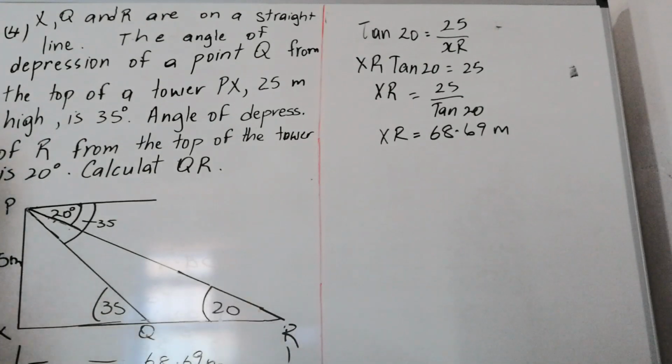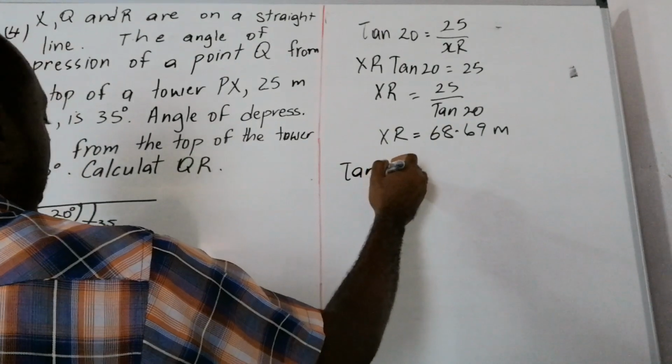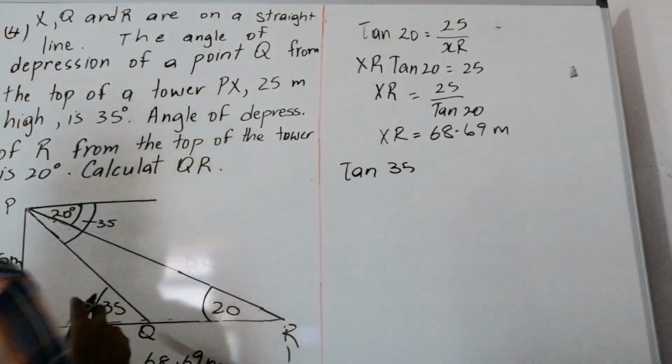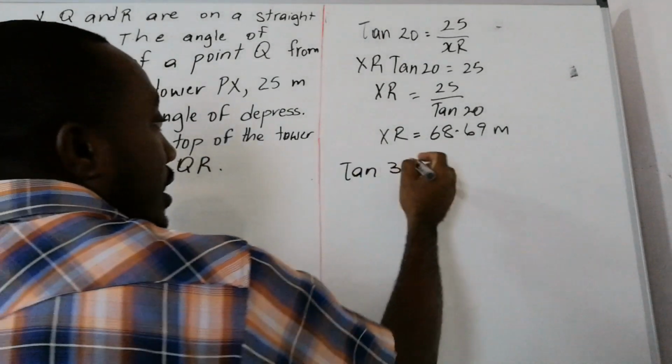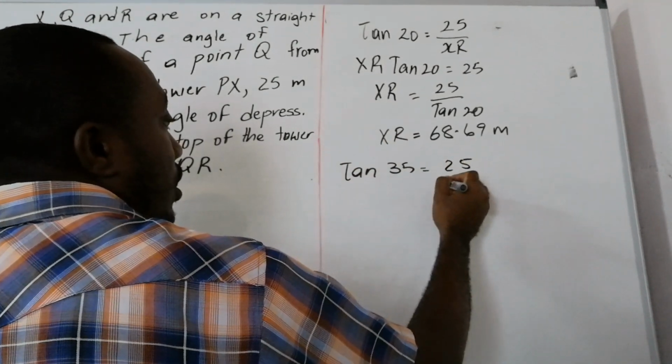So from X to R. Now, we need to find from X to Q. From X to Q. And again, we have tan because we have the opposite and we need to find the adjacent. So tan 35 this time, because this is the angle we're using, is equal to the opposite, which is 25 over